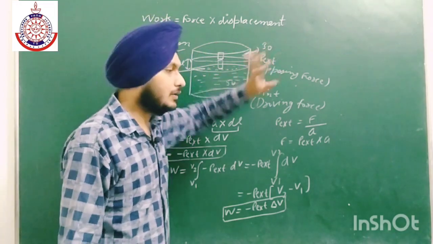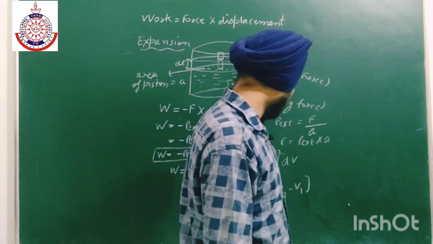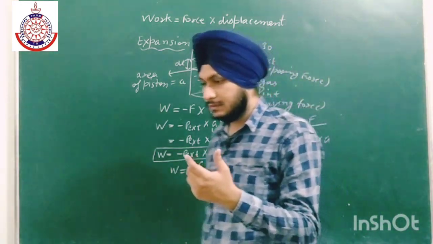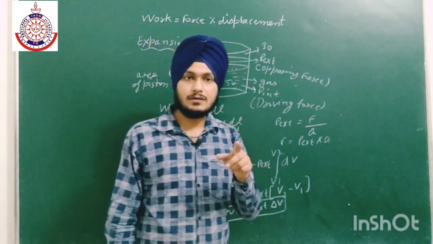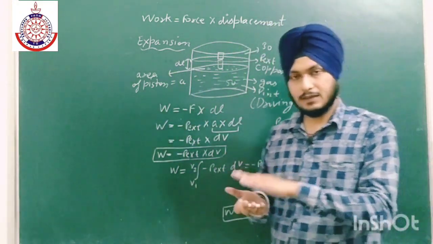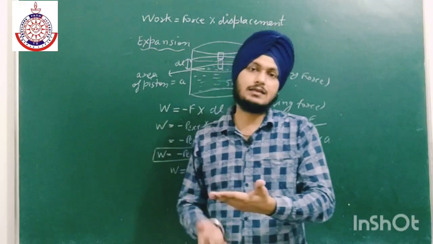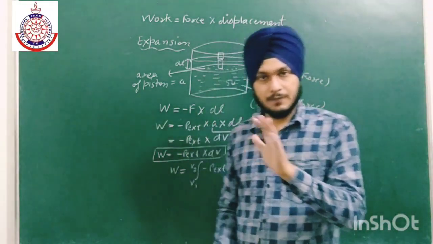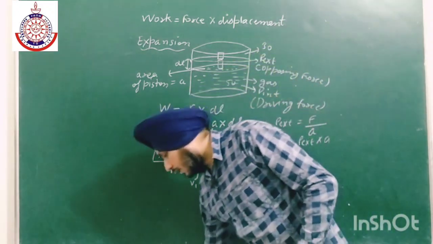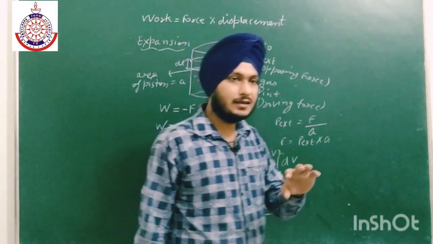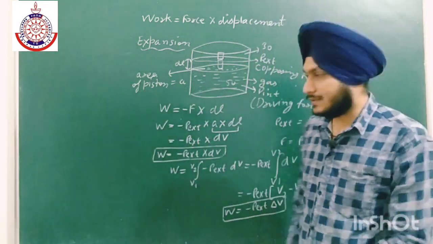But the P external will always remain the same, so we will take it as the same. But in case of reversible, as the reaction occurs in a large number of steps, after every step we have to decrease the P external in order to do some expansion. We will discuss it later, what is the difference between the P external in case of reversible as well as irreversible.